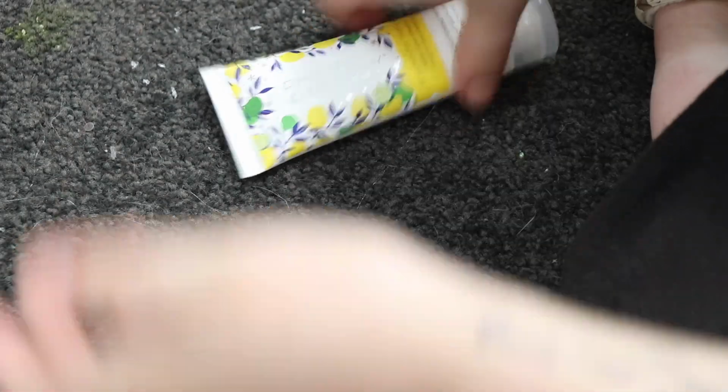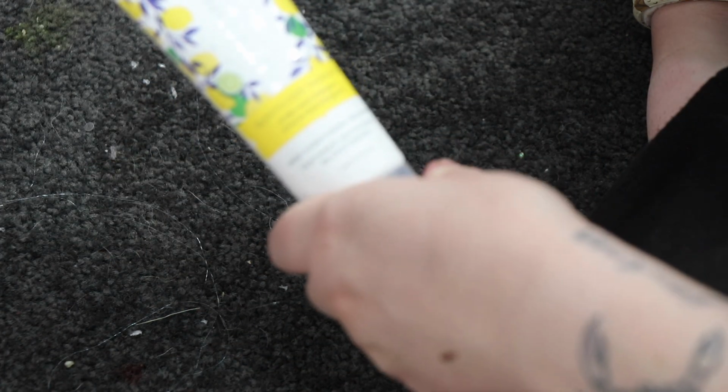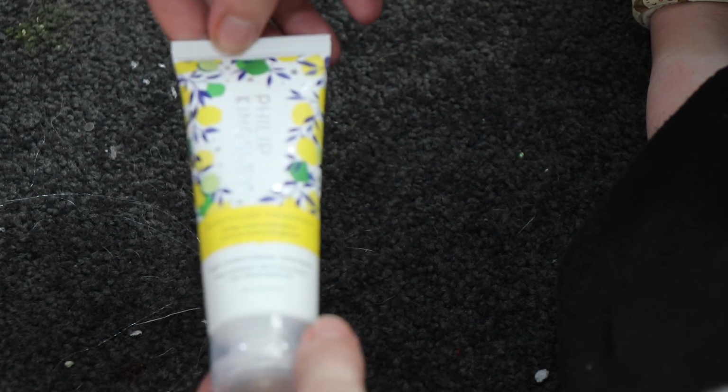And then the last thing we have is the Elasticizer. I can't say it. Elasticizer. I think I'm still saying it wrong. Therapies. Deep conditioning treatment in silicone, lemon and bergamot. I think I'm honestly going to try it. Let's just see what it's like. Deep conditioning treatment. It sounds nice, so...